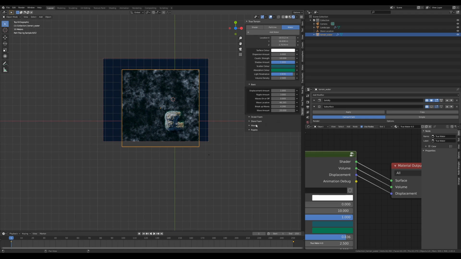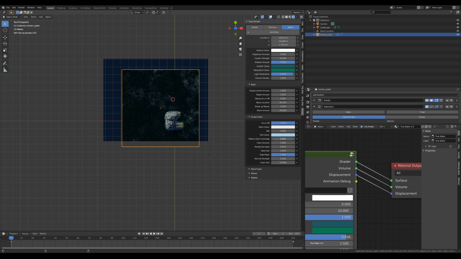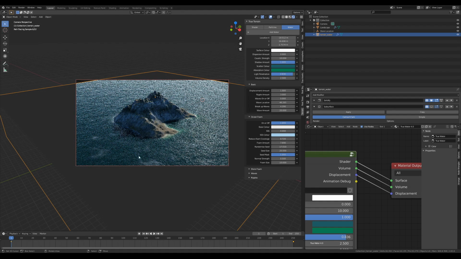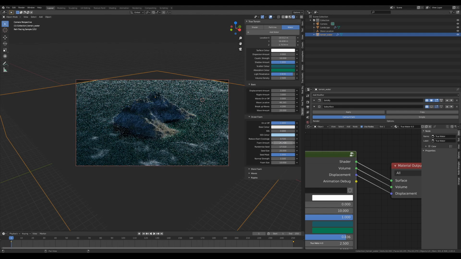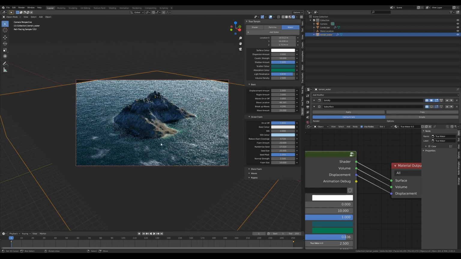And we would just go to ocean foam and increase that value like that, and increase the foam out a little bit just to sharpen it off. So now we've got just foam in general, and I mean you can change the foam amount again to like 20 or something if you really want it visible,